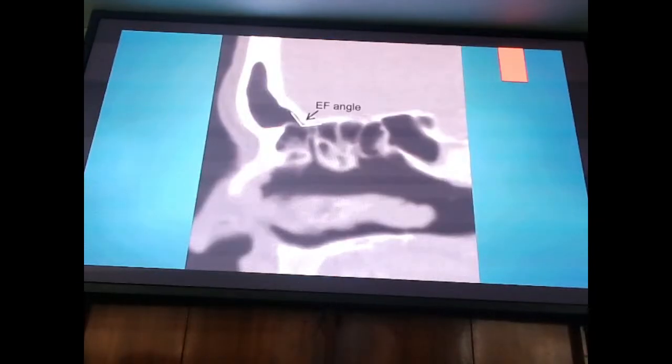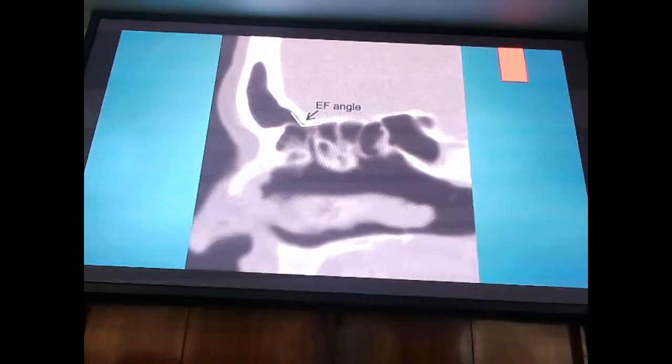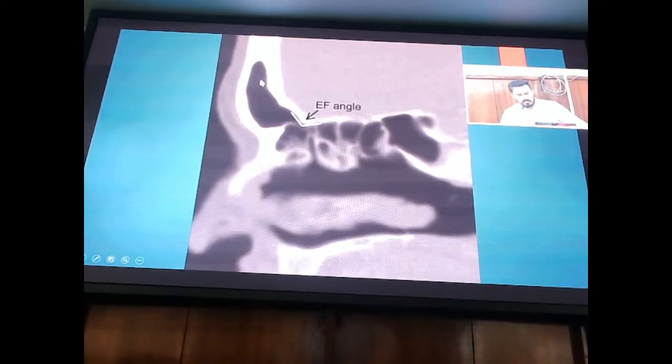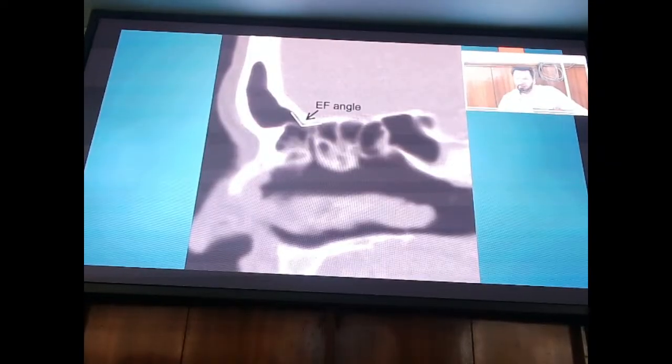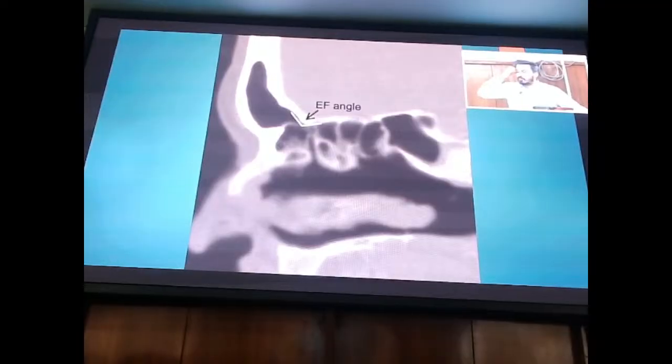The other thing I showed you yesterday is the intersinus septal cell. One thing that you also need to pay attention to whenever you are dealing with pathology inside the frontal sinus, not at the frontal recess. So the recess is this area. This area below the opening of the frontonasal beak is called the recess. But when you cross this frontonasal beak, you are inside the frontal sinus. So whenever you want to do any kind of work inside the frontal sinus, then one thing you need to know is the ethmofrontal angle. Ethmofrontal angle, the more obtuse it is,